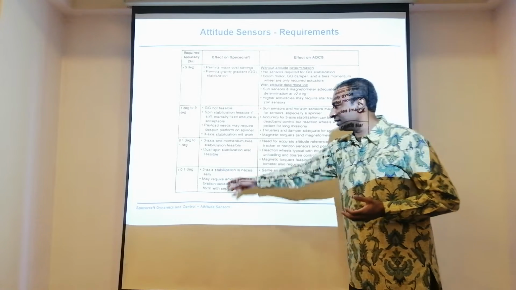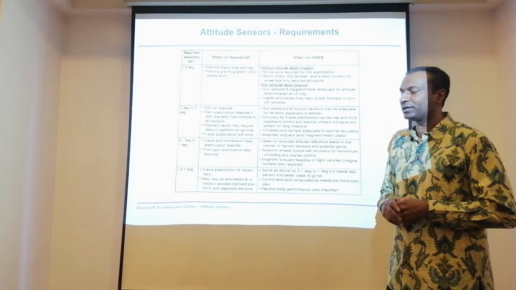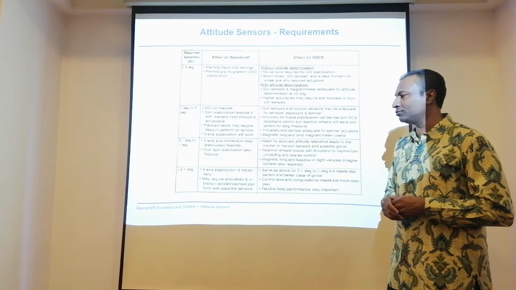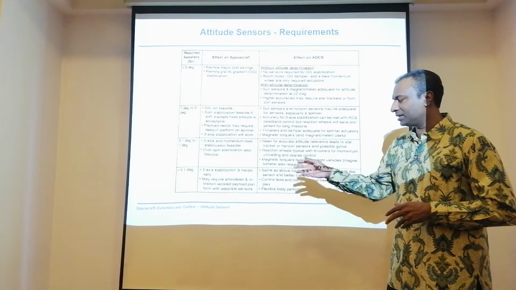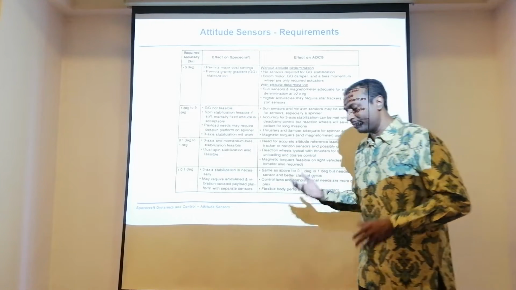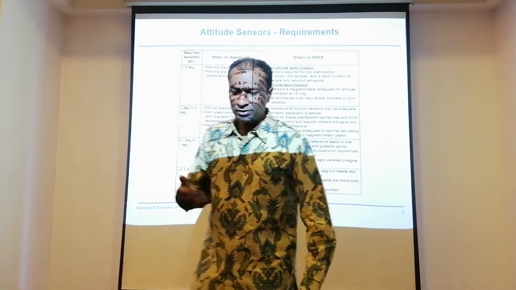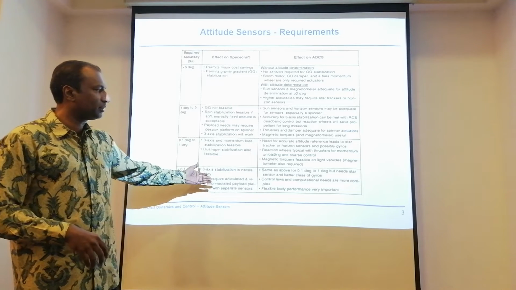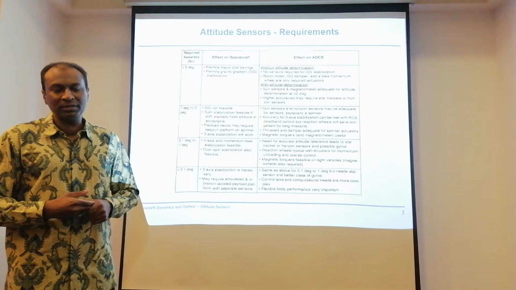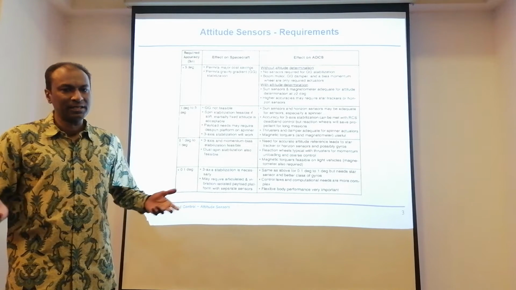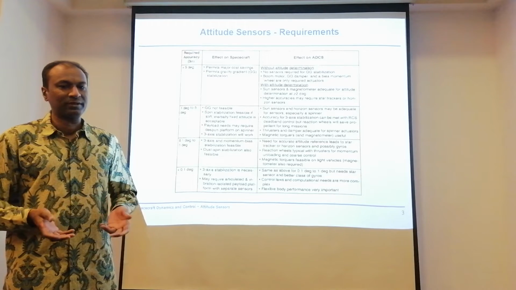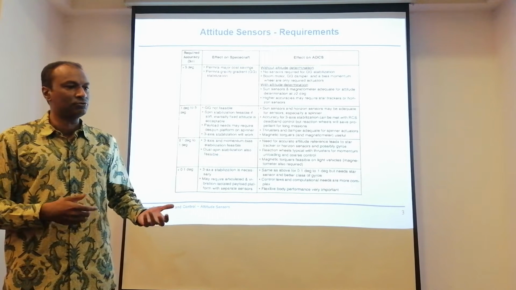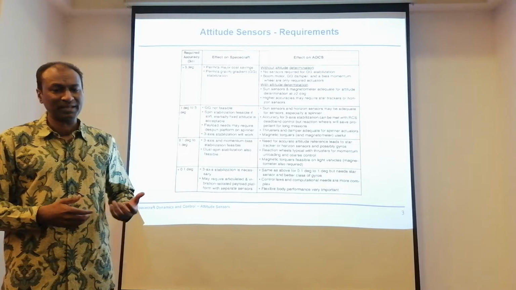Now for the typically good quality satellites, we must have good quality measurements. Assume that it's 0.1 degree or better. It could be even 0.001 degrees of attitude accuracy. Then we are looking at options like gyroscopes. That is mandatory. If you have that class of sensors, obviously you will also have good, solid actuators.